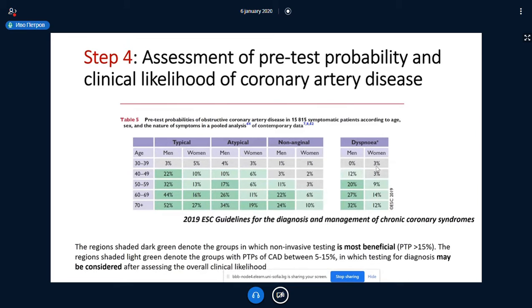I have spoken already about the pre-test probability. So the pre-test probability is very important to have in mind. The most important determinants of the pre-test probability are the age and the sex of the patient: the older the patient, and the male population, the higher the probability. The typical chest pain is also very important, and the presence of dyspnea, which is telling us about acute heart failure, is also included in this